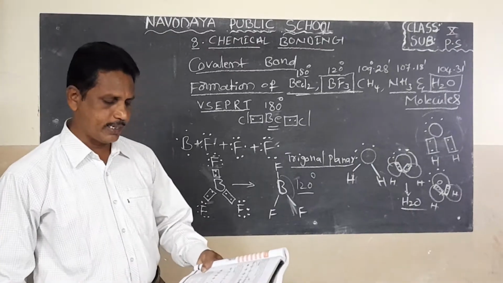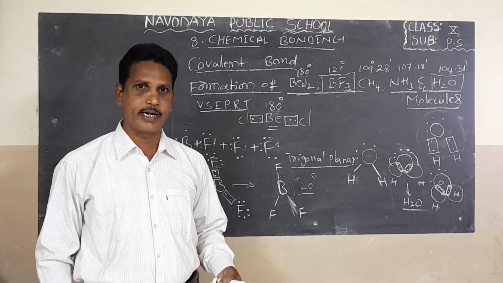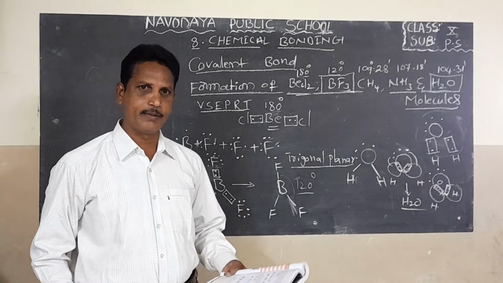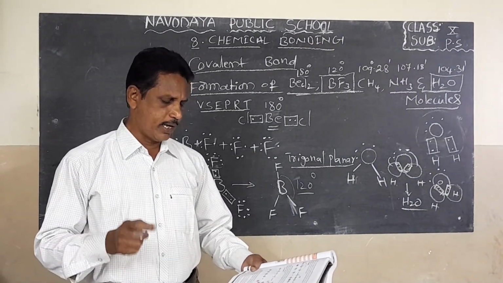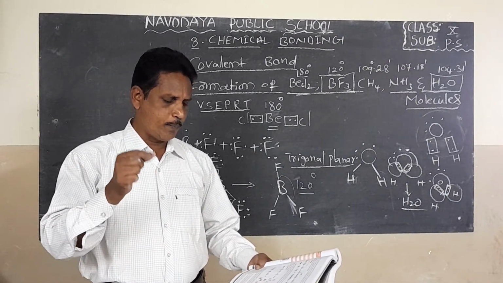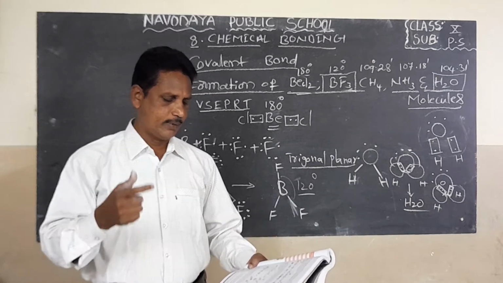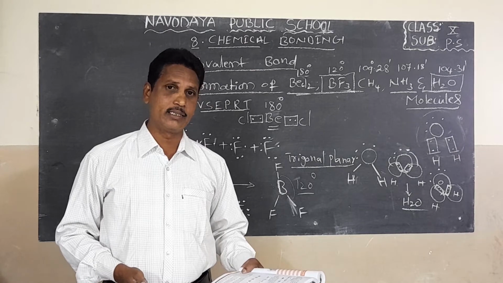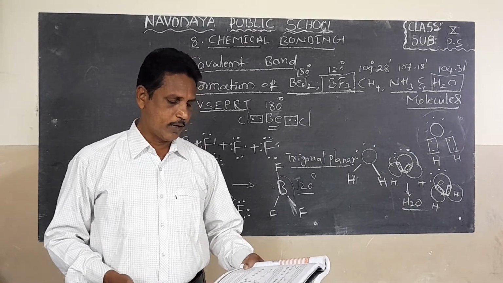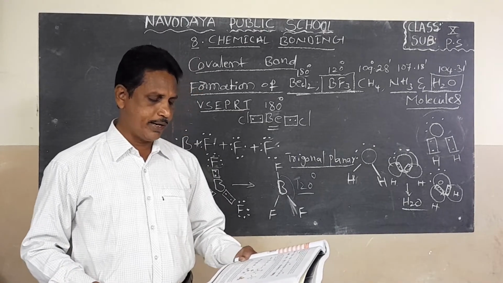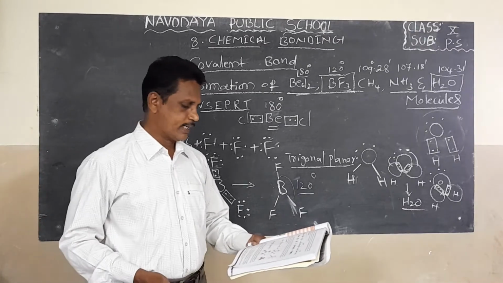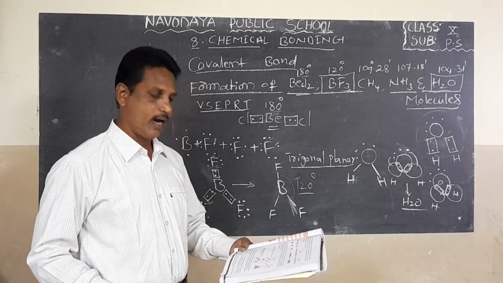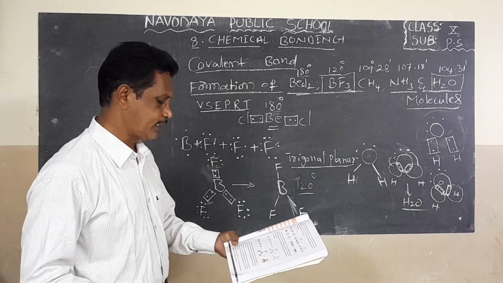Next, see the fourth point, page number 169. Students, most important. Fourth point: if there are 4 bond pairs in the valence shell of the central atom, 4 covalent bonds present in the valence electrons of the central atom, the 4 bond pairs will orient along the 4 corners of the tetrahedron. Example,